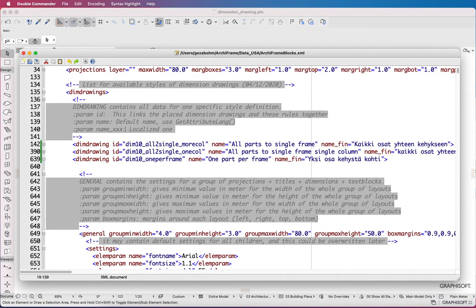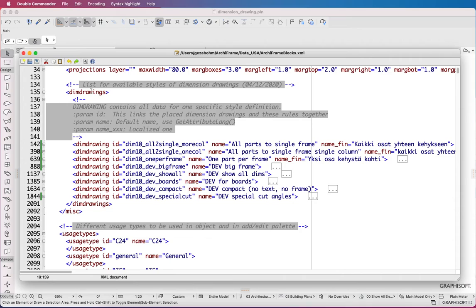Let's discuss the basics now. Inside the dim drawings tag, there are many styles. Their name will appear in the dialog in Archiframe. Let's check.